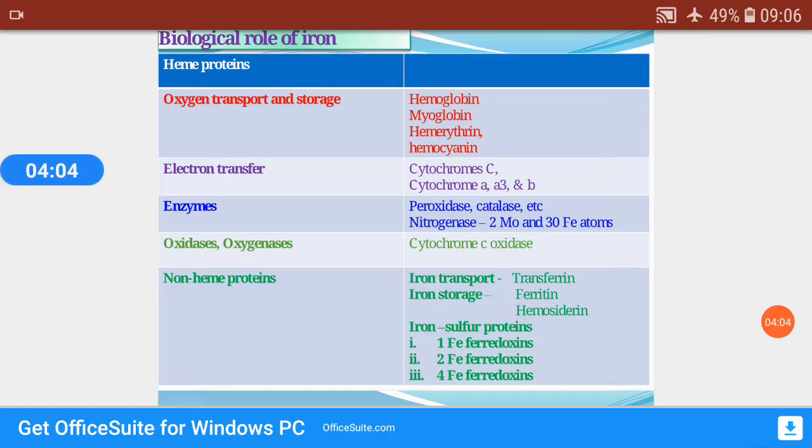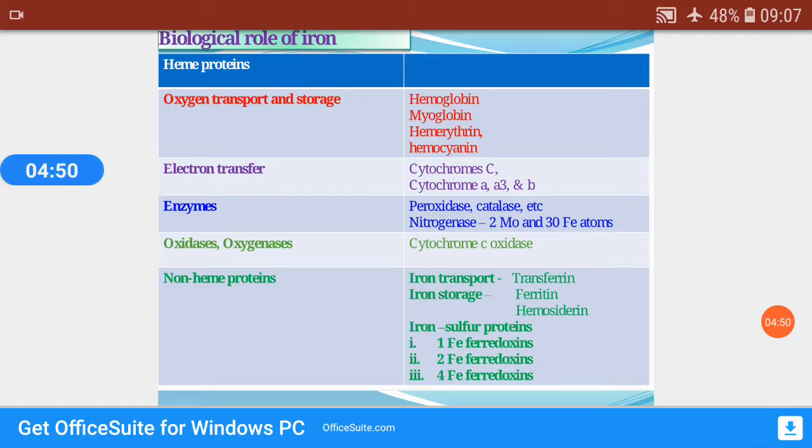Other types of heme proteins are oxidases and oxygenases. Examples include cytochrome C oxidase. So next is non-heme proteins, which are not heme containing proteins. They are classified as non-heme proteins, and examples include iron transport, that is the transferrin protein, and iron storage, which is ferritin and hemosiderin. Next is iron sulfur proteins, and these iron sulfur proteins are present in the